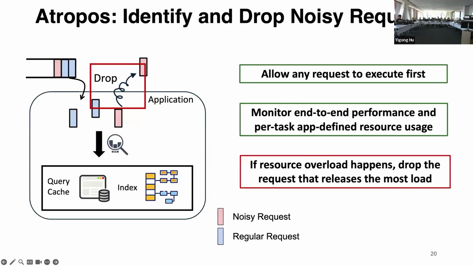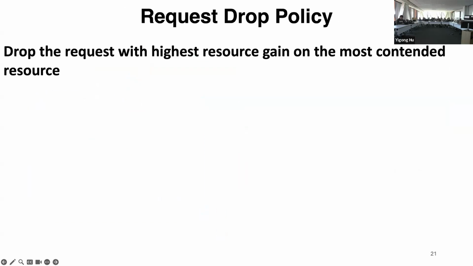Okay, so with this, we can correctly trace the internal application resource usage. Then the next question is, how do we find the problematic request and how do we safely drop it? So to find the request, the naive way is that we can just find the request that has the highest resource gain on the most contended resource. So for example, if there's a buffer for contention, we just release the request that uses the most of